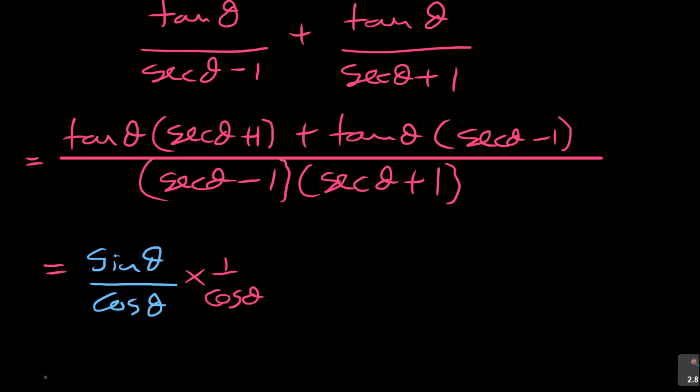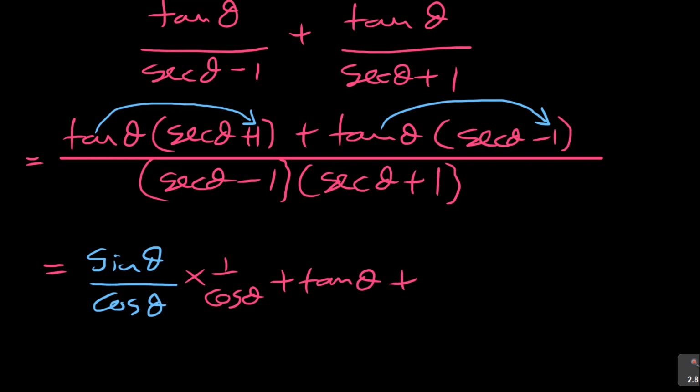But the second one I'm not going to do anything on the second one. Look at this. If I open up this bracket, it's plus tan theta, and I open up this bracket, it's minus tan theta. So those are going to cancel. I'm just interested in the first ones to see where this thing is going to lead. So let me continue with the second one. I'll write it as what? As plus tan theta,